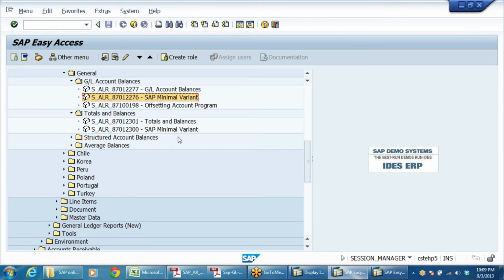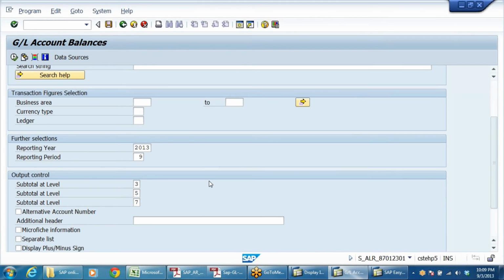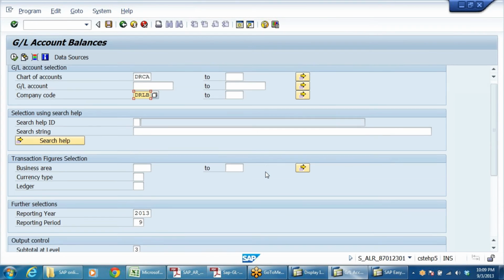Of course. Totals and balances. Chart of accounts DRCA, company code DRLB. Reporting year 2009, subtotal level.